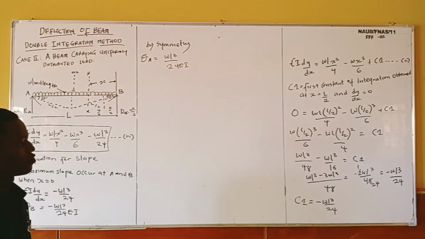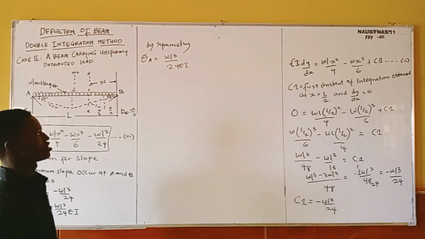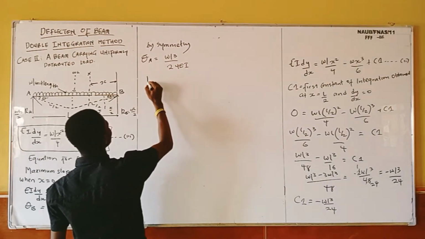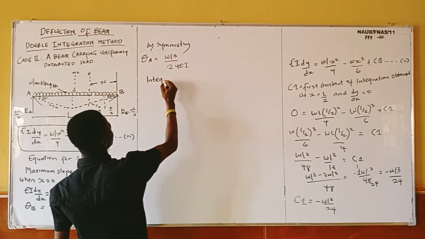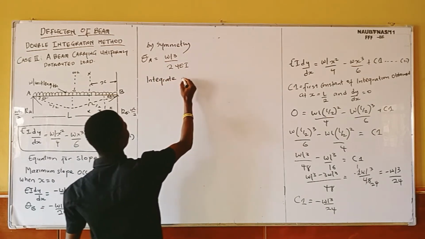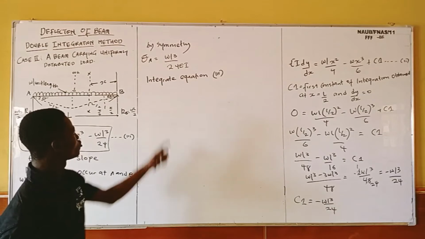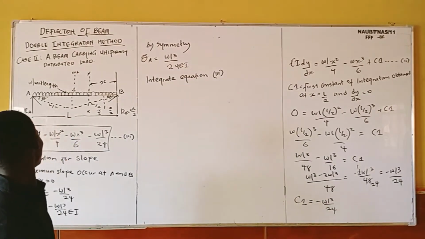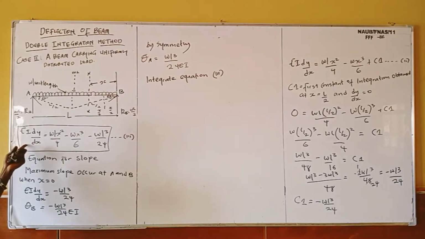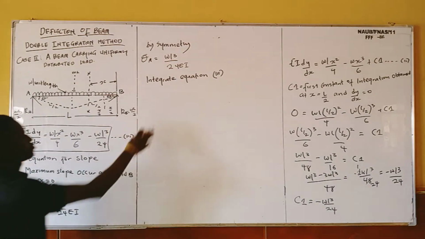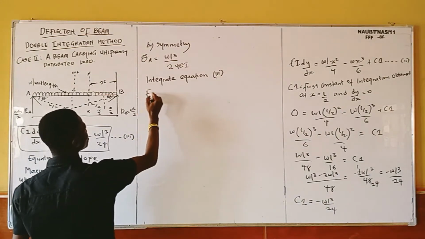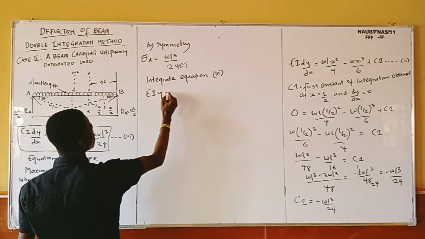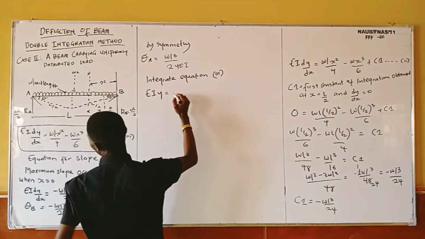So now for us to get our equation for deflection, we are going to integrate for the second time. So now we are going to integrate equation 3 for us to get our equation for deflection. So if we integrate equation 3, we are going to have EIY equals to